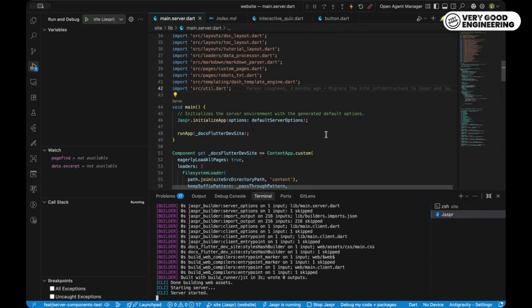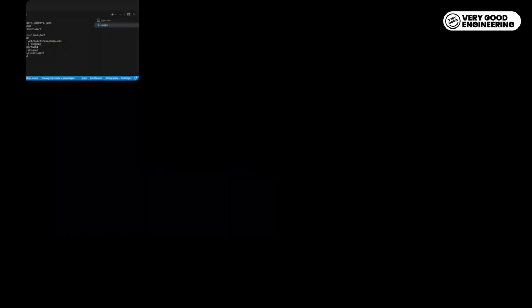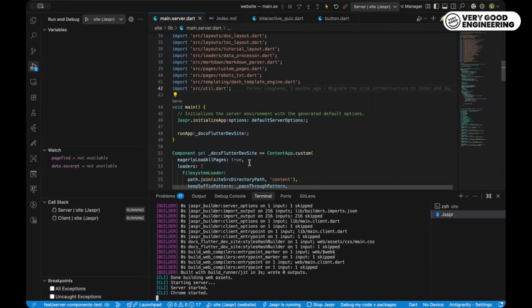And since we are using static site generation here, which is more or less just a subform of server-side rendering, so there's some server-side rendering going on, because of that it's starting actually two processes, one for the server and one for the client, because it's kind of two Dart programs running in parallel. And you can debug and inspect these different processes separately.